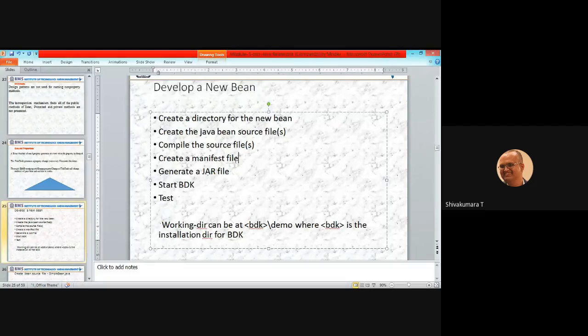And generate a jar, which means you are compressing, zipping all these components into a single file called a jar, Java archive file. Then start BDK and test the Java bean component which you have developed by using the above design pattern: properties, events, methods. Clear?